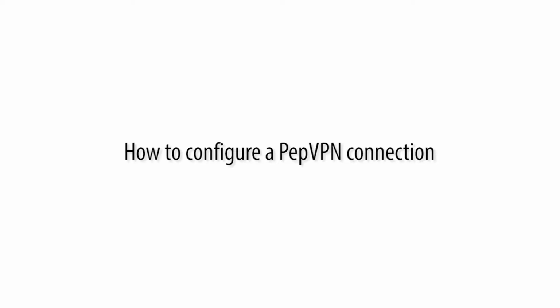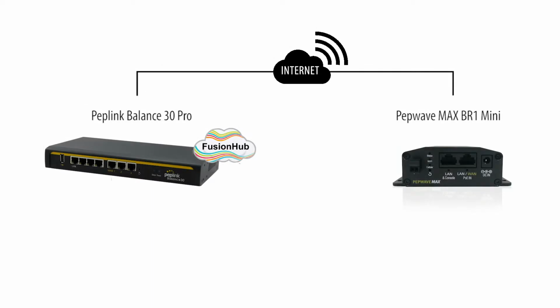Before we start, I would like to explain a bit further on how PepVPN works. PepVPN is a machine-to-machine VPN connection. So for establishing the connection, we need two Peplink devices. In most cases, there will be a Peplink balanced router in a data center that retrieves multiple PepVPN connections from